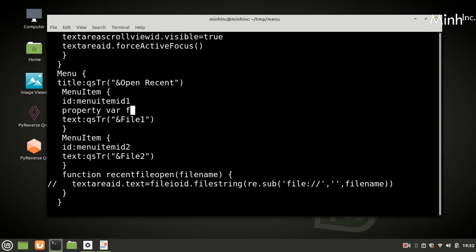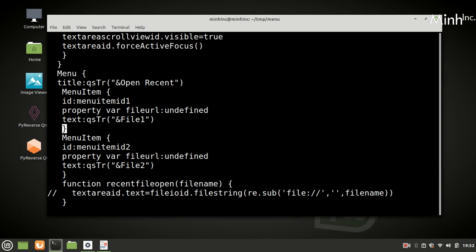Property where file URL undefined, same thing here.